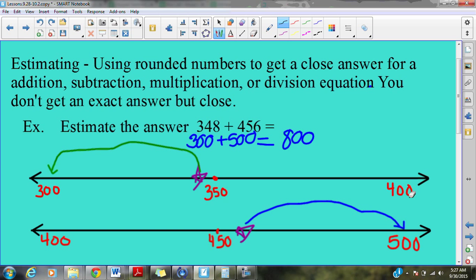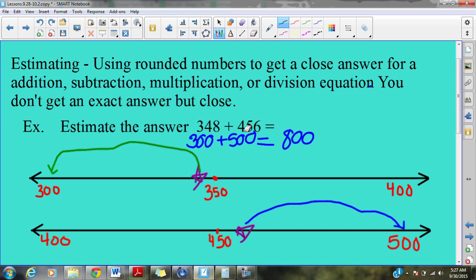is 400. The middle point between 300 and 400 is 350. And so 348 goes about right here on this number line. Because it comes before 350, it rounds to 300. It's closer to that. When we look at it here, 456 could round to 400 since it has 400s, or it could round to 500, which is 100 more. 450 is the midpoint between 400 and 500, and then 456 goes about right here, which means it's closer to